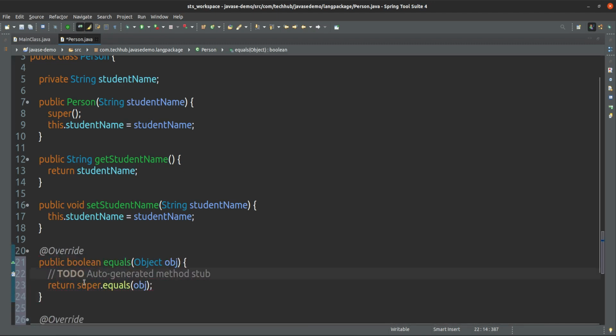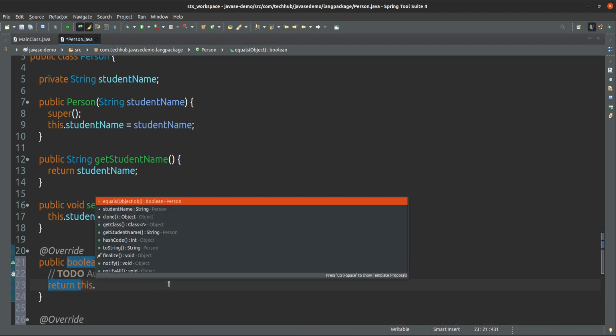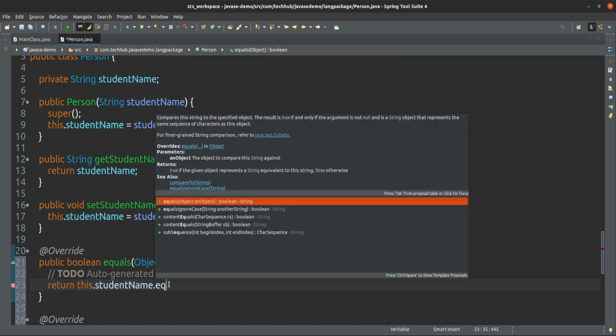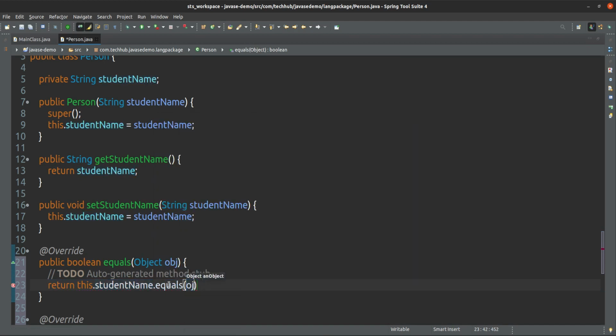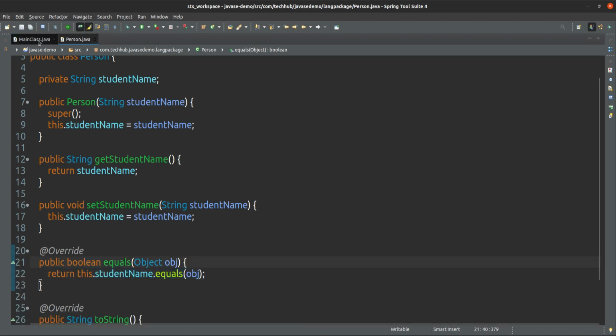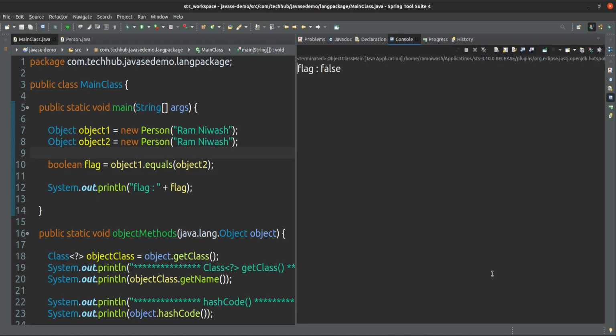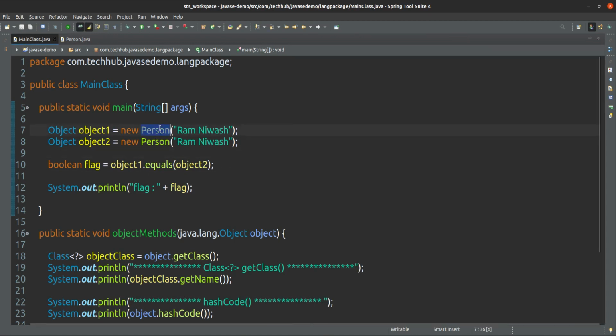So how will you implement it? Return this.studentName.equals with obj. If it is equal, then it will return true, otherwise it will return false. Now you see, now it will come as true. Still it is not true. Why? Okay, give it as a person.